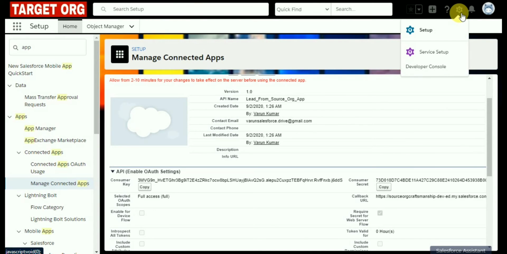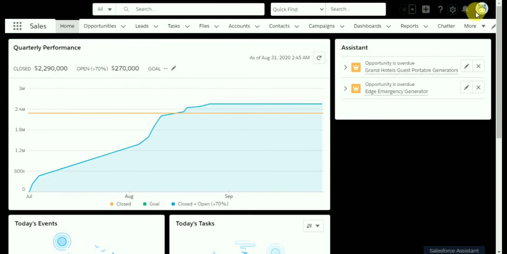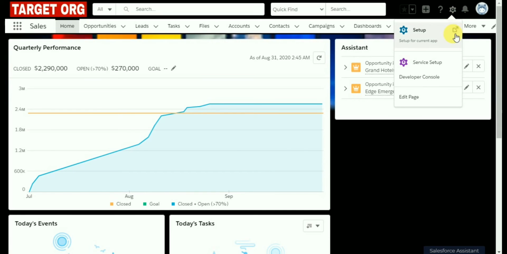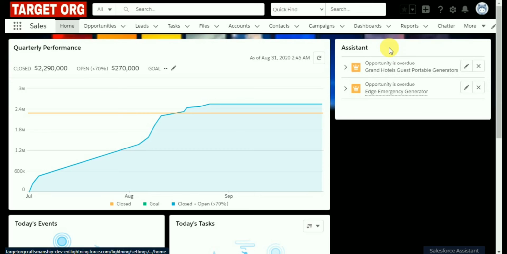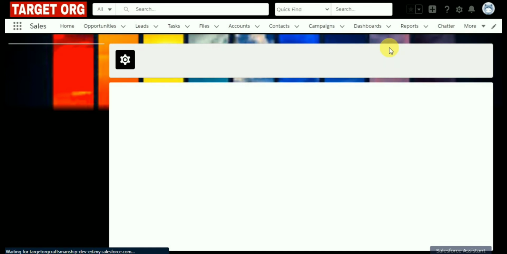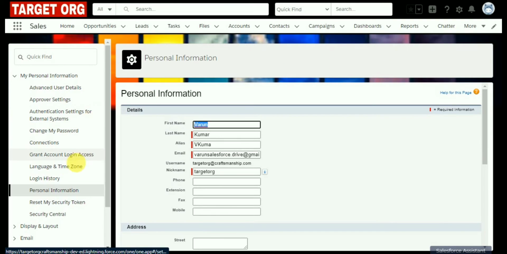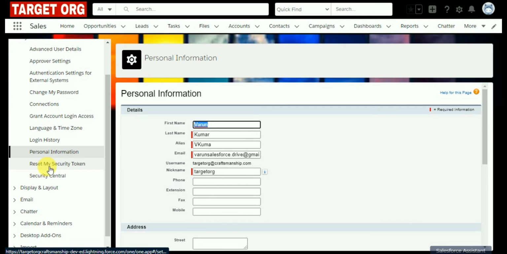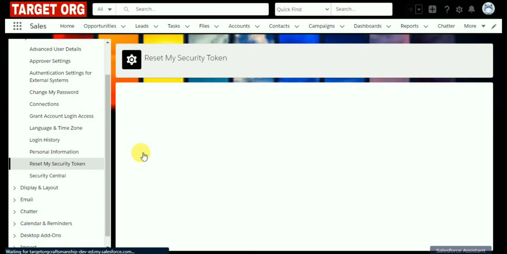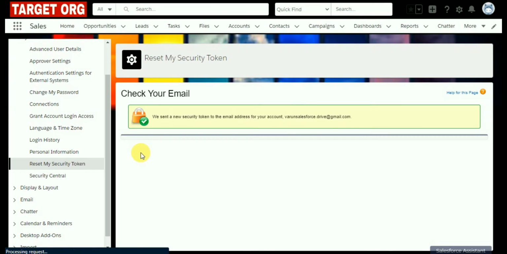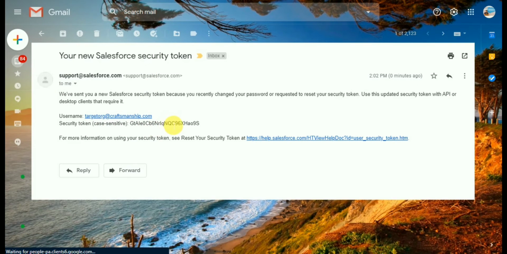Click on setup. Click on settings. And here you can see an option called reset my security token. Click on it and reset your token here. Yes, I got an email now. So this is my RSA token here. Just copy this